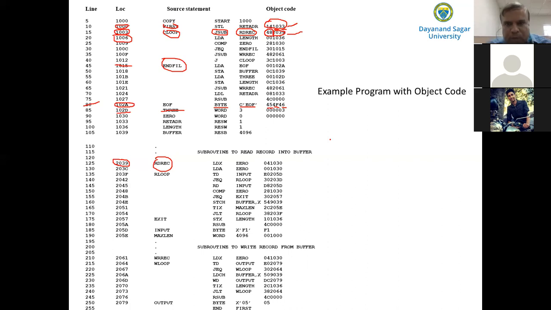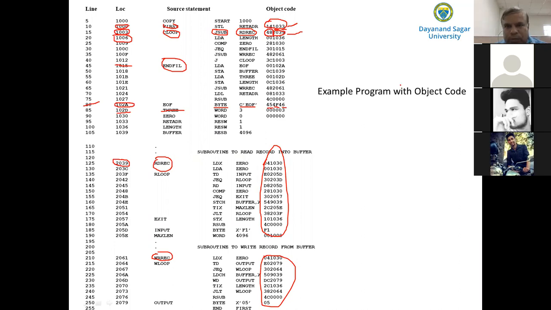Any doubt here, students? Like this, the object code is written for the subroutine RDREC. Similarly, the object code is generated for the routine WRREC. Write record, read record and write record. Any doubts?